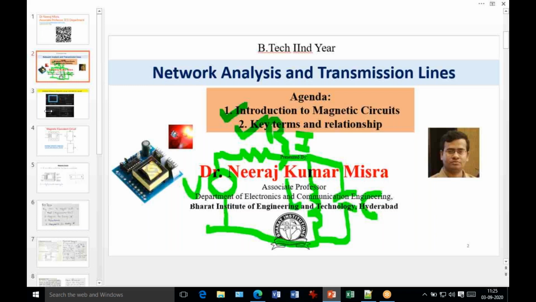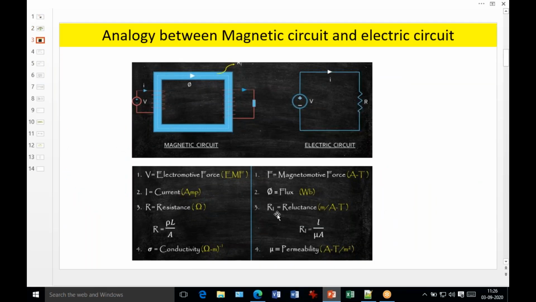Later. Okay, so now we move to the magnetic circuits. Before starting, you are not aware what a magnetic circuit is and what the architecture of the magnetic circuits is. So now we go for the basic levels, because you are aware of electrical networks. In electrical networks, you know some voltage source, energy supply, and some resistor, inductor, or capacitor. But in magnetic circuits, you are not aware of the structure or architecture of the magnetic circuits.